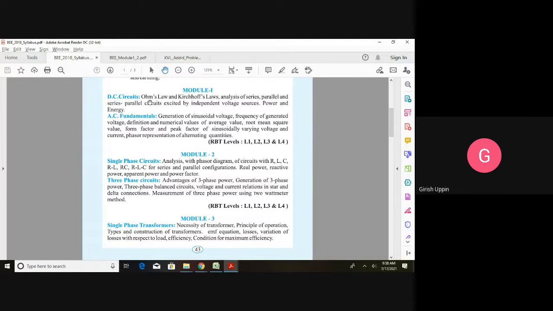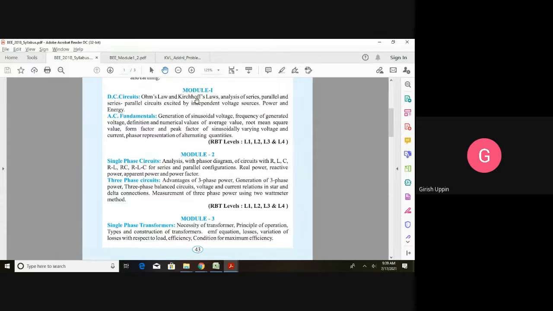You have to write the statement for Ohm's law, then draw the circuit diagram and write the relation: V is directly proportional to I, and therefore V = IR. Have a circuit diagram, show that relation with respect to the circuit diagram, and remember the limitations of Ohm's law. Ohm's law and limitations of Ohm's law is an important question.